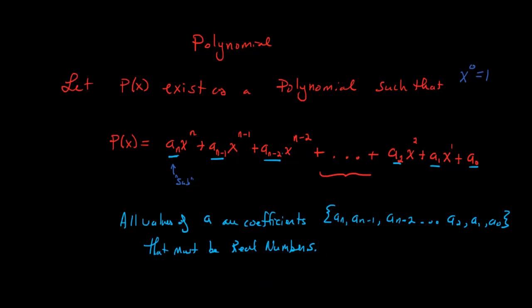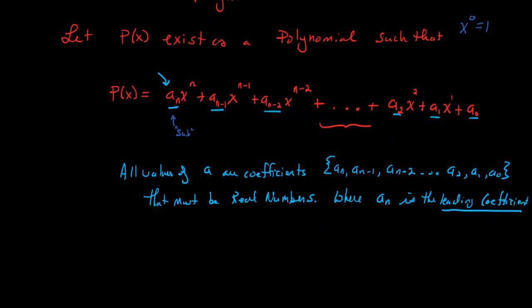And we're going to describe one special one here where a sub n, which is this guy right here, is the leading coefficient. So that a sub n, that leading coefficient, that leading value is going to be a special term. And then we're going to have to describe something else. We're going to have to describe all of these values up here, all of these exponents, n minus 1, n minus 2. I'll say all values of n,